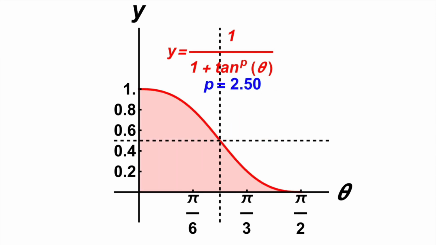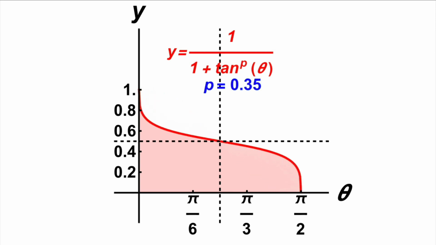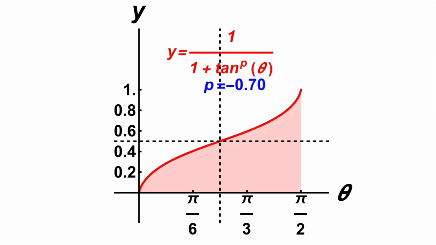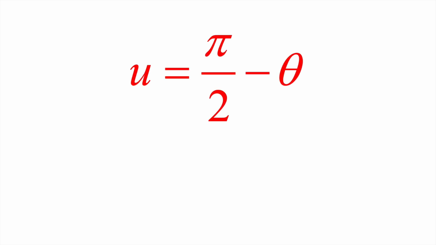While doing so, take the time to notice that the point in the upper left at 0, 1 associates to a corresponding point in the upper right at pi over 2, 1. Something similar happens with a point in the lower right going to a point in the lower left, and a point in the middle, pi over 4, 1/2, stays where it is. This is a big hint that just maybe the substitution u equals pi over 2 minus theta might be what